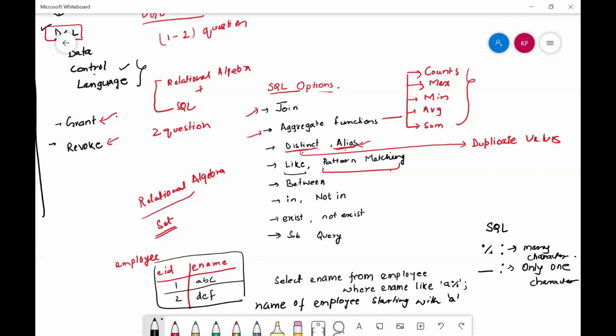When we write this query with A percent, any name which starts with A will be in the output. Okay, we'll see the next command.